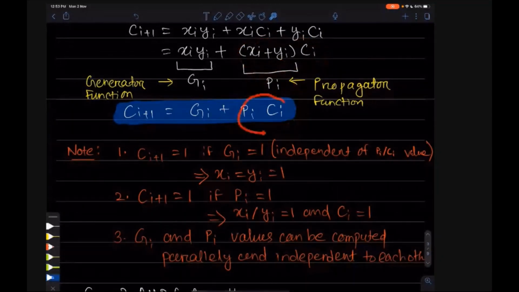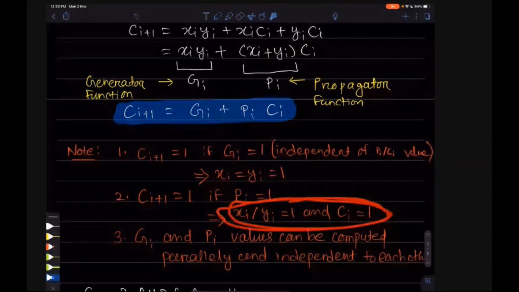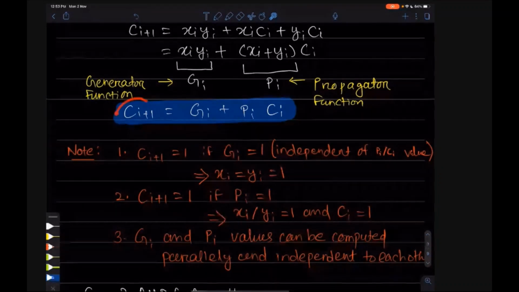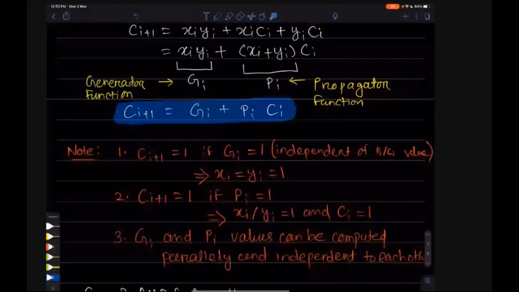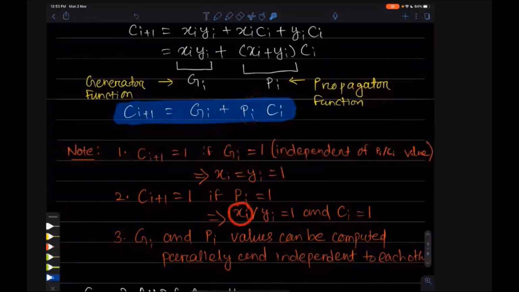So Pi Ci will be 1 if either xi or yi is 1, and Ci is 1. Since Pi Ci is an AND operation, Pi has to be 1 as well as Ci has to be 1, both. So Pi will be 1 when either xi or yi equals 1. Okay, so that is the second case.